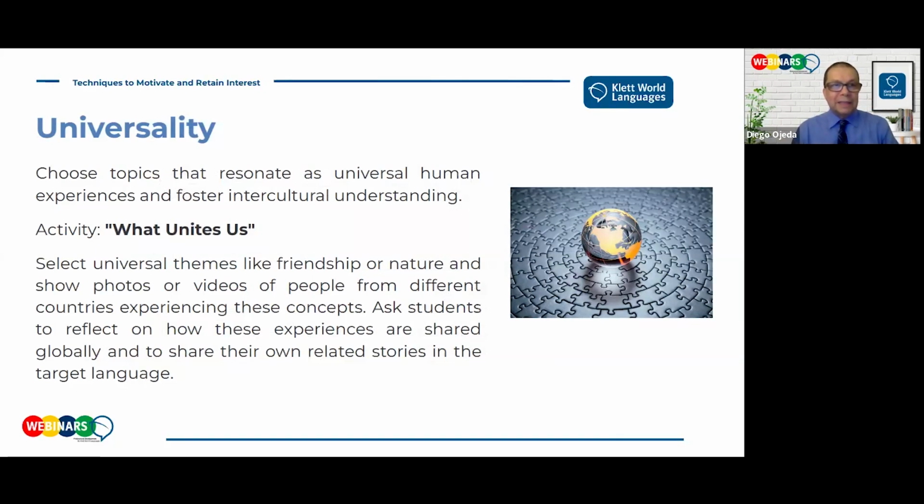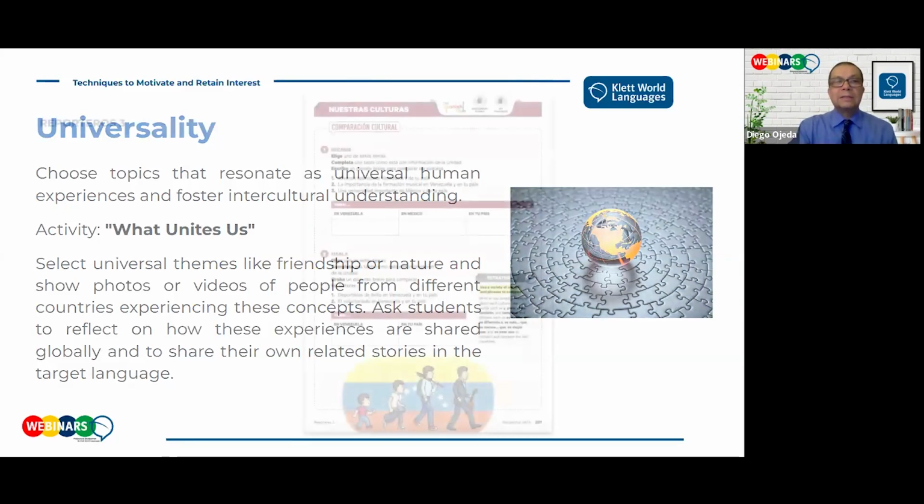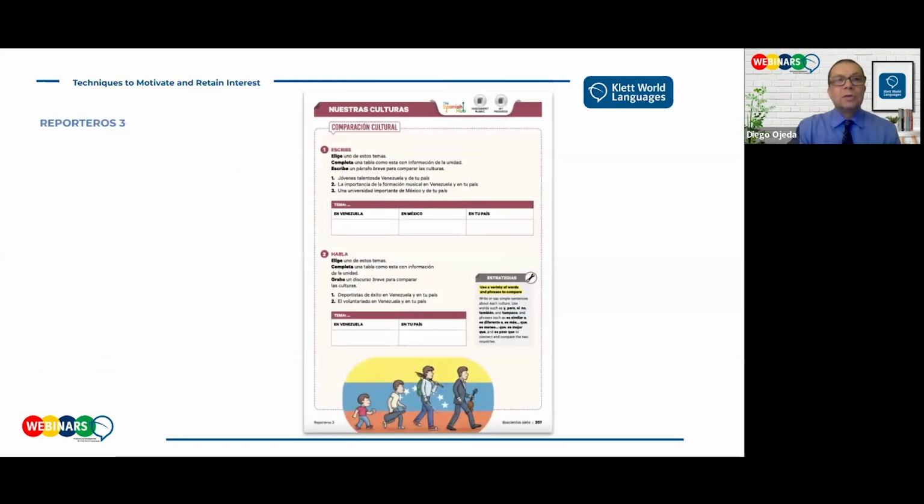Bring things like friendship, bring things like love, bring things like concerns that are global, that are universal, that matter to each one of us. That way, our students do not have to wait until the AP class to talk about these global challenges or human challenges. So in Reporteros 3, there are also cultural comparisons that allow the students to connect in a universal way